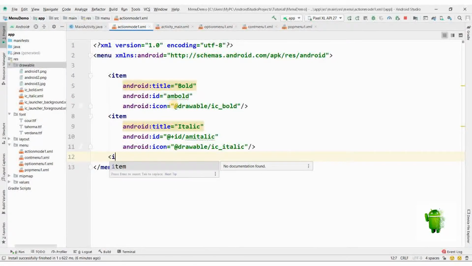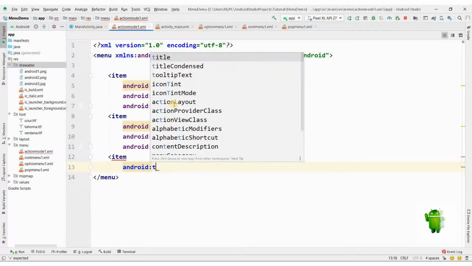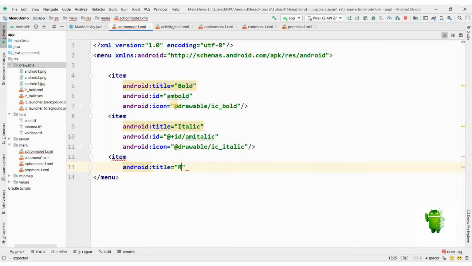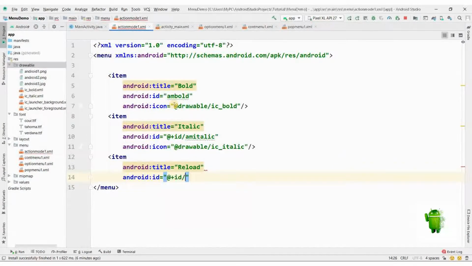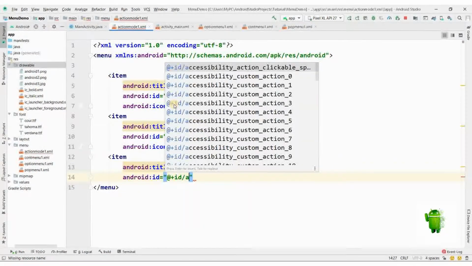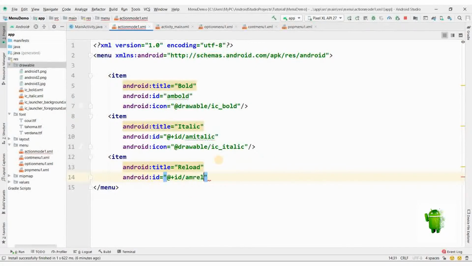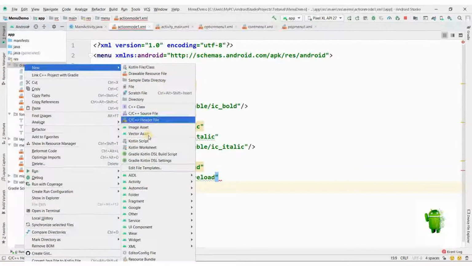Third menu that we will create is for refreshing it, or we say reload. Action mode reload, and we'll add the icon for that also.